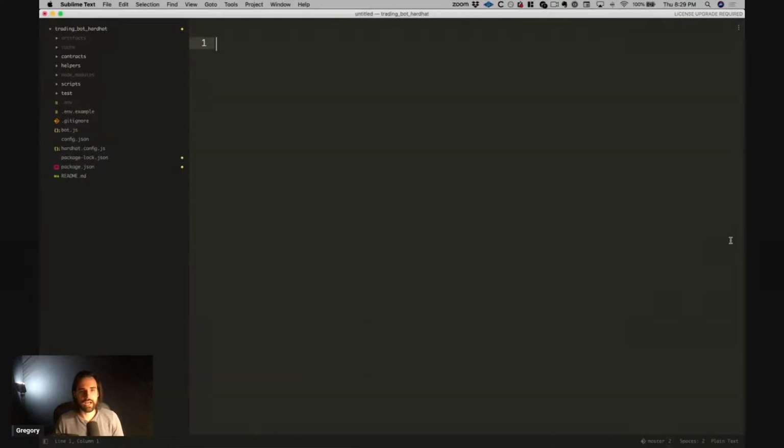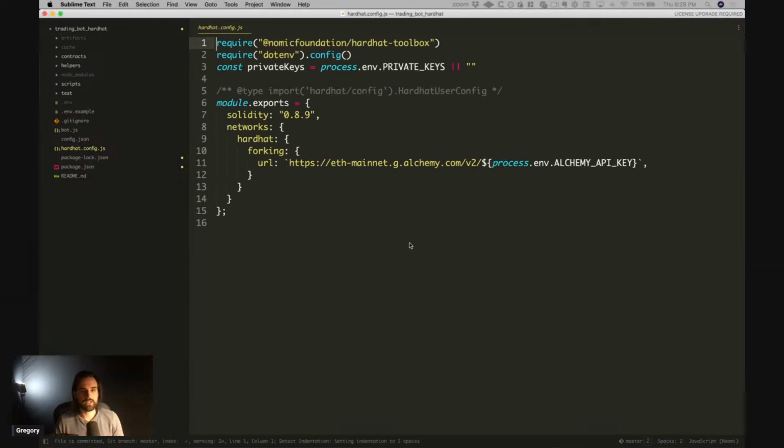So inside of Hardhat, we have this Hardhat configuration file, okay? And what that does is it tells our project how to connect to the blockchain. And so you'll see here, we have this networks setting. It says networks, hardhat, and it says forking, okay? And then we give it a URL, and this is the Alchemy URL here: eth-mainnet.g.alchemy.com/v2/process.env Alchemy API key. So it's reading your Alchemy API key from your .env file and putting that in this URL here. And this is how we tell Hardhat to fork the mainnet so that you can essentially